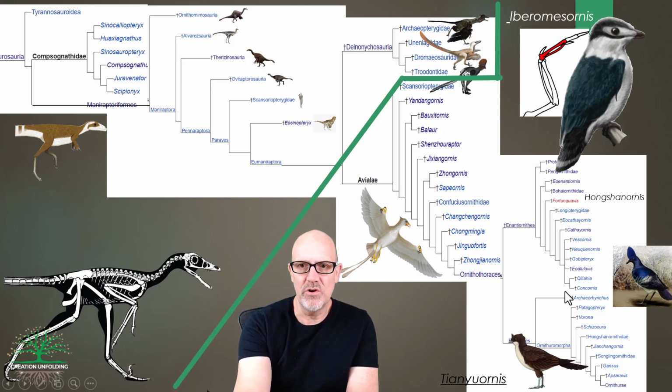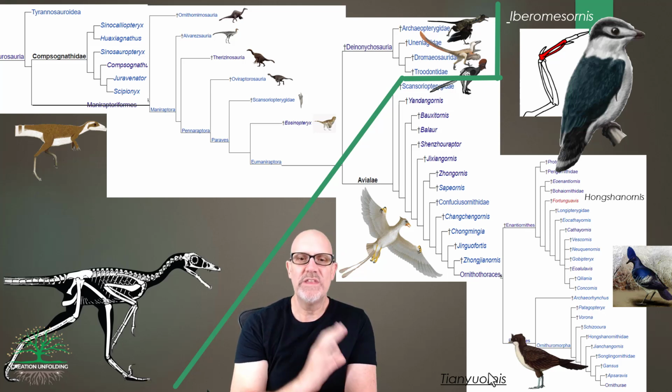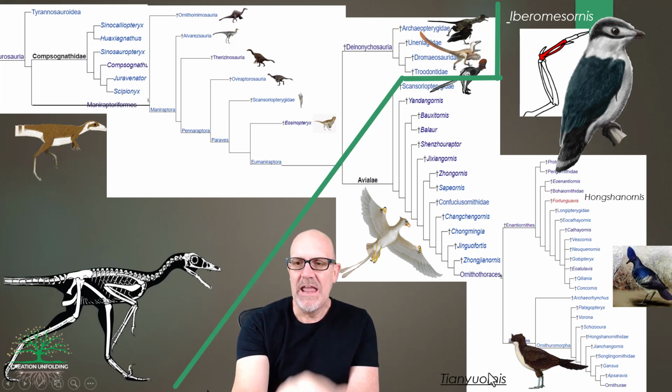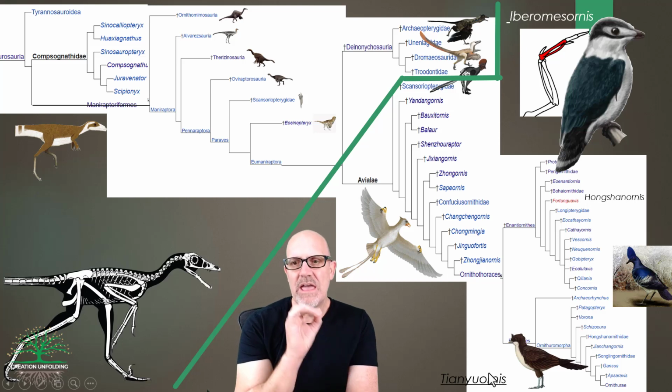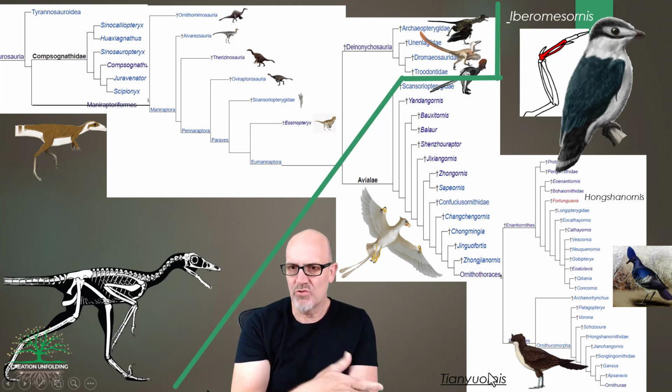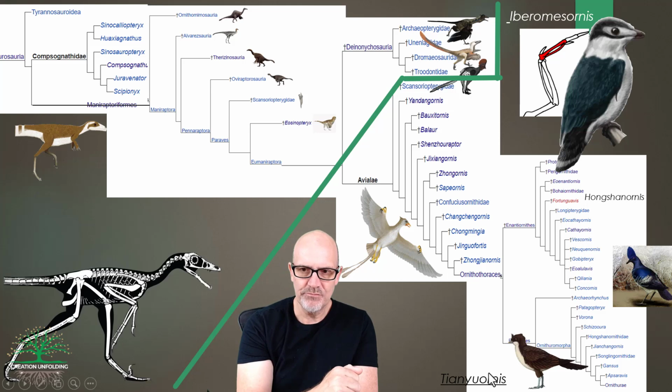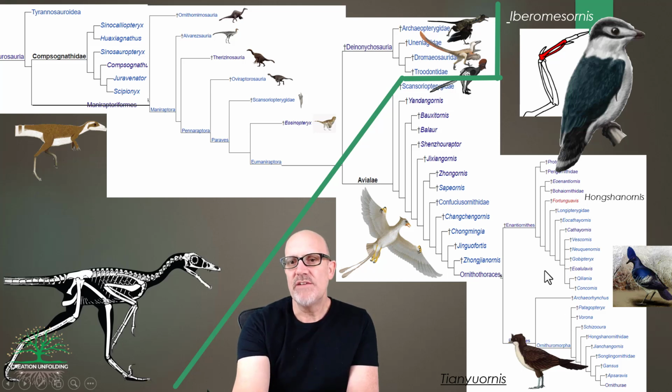So you've got 2 groups here. This group, Enantiornithines, and all of these, which I'm just going to call Ornithurines. And it's from this group that we get what we would call modern birds, like crows and chickens and things like that. Okay, so let's have a look.